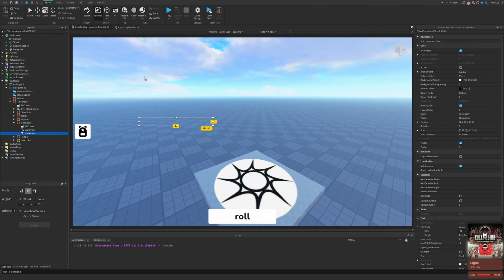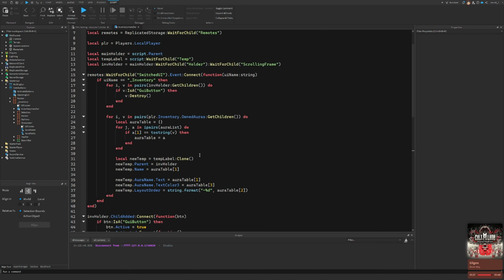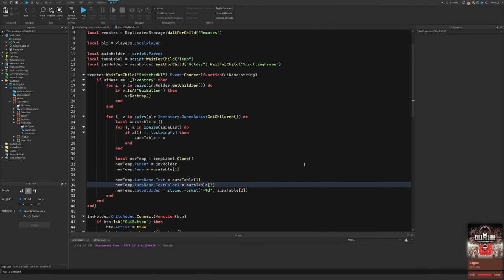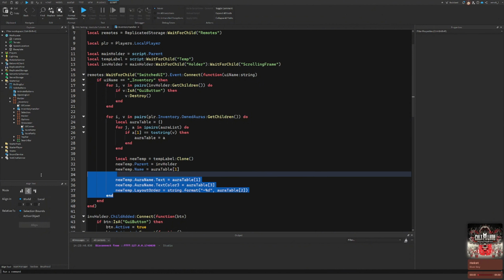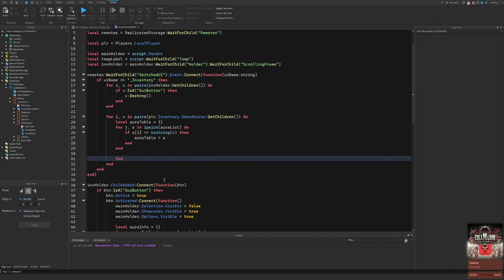Now, we are going to do equipping and deletion sometime later, but for now we have to do something else, which is scripting the duplicates, because we actually haven't done that. So if we go back up right here, there is one more thing that we have to do, and inside new temp we actually have to set this into a for loop. So cut that out, say for j in,